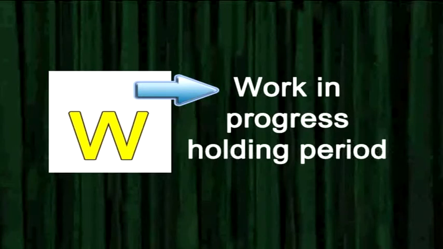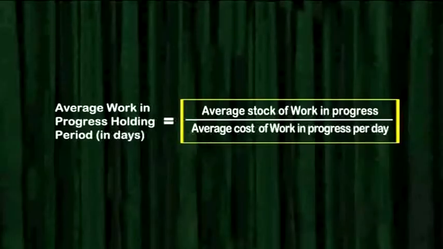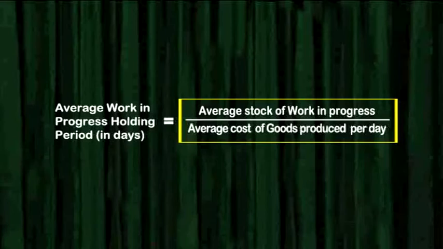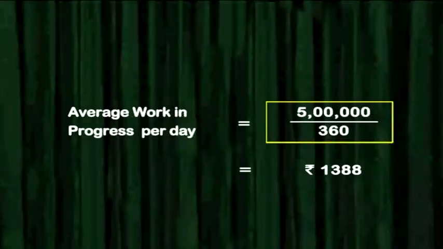Now we have to compute W. W means work in progress holding period. It will be computed using the formula average work in progress stock divided by average work in progress stock per day, or we can say cost of goods produced per day. So again here we have to find out the denominator in the days, because the question has given us the information of work in progress inventory, or we can say cost of goods produced inventory in a year, that is yearly figure is given. So we will divide it like this, 5 lakh divided by 360